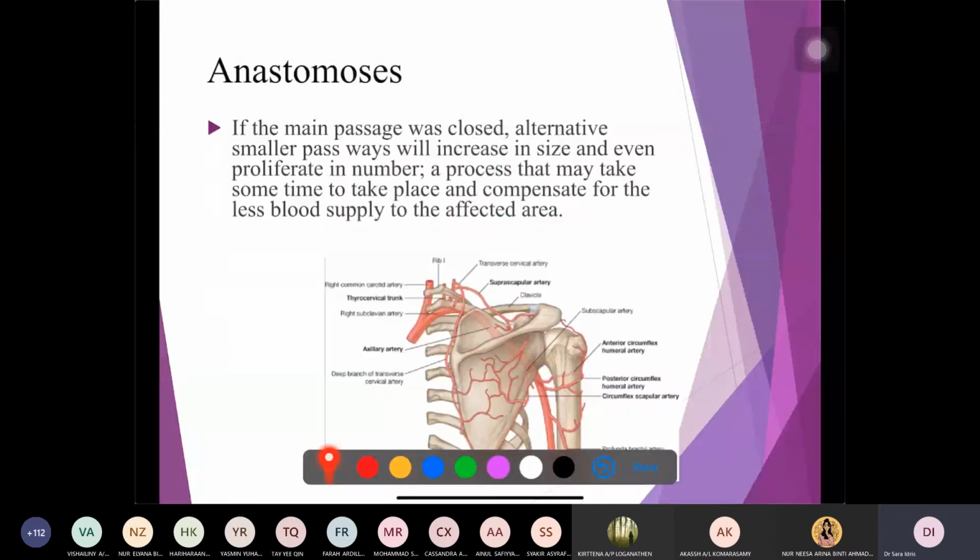Right. So anastomosis, if the main passage is closed, then you have alternative small pathway that will be able to accommodate the blood, and usually the small pathway will actually increase in size and proliferate in number. So this is a process that may take some time, okay, but it will help to compensate for the blockage of the main passageway. So you can kind of imagine that you have a main passageway